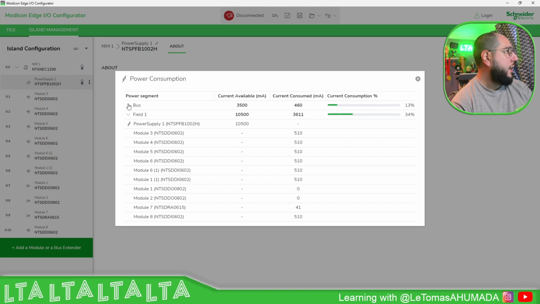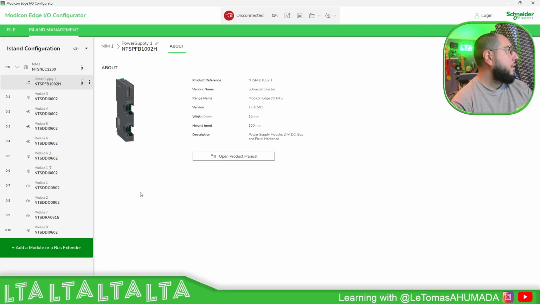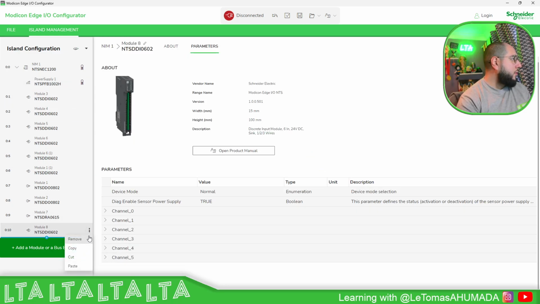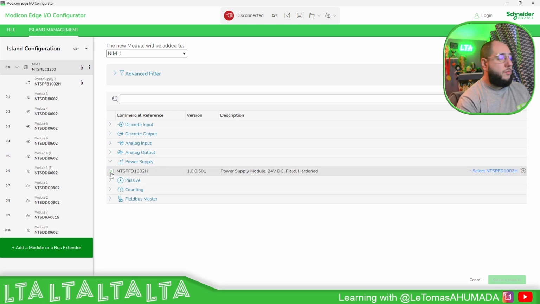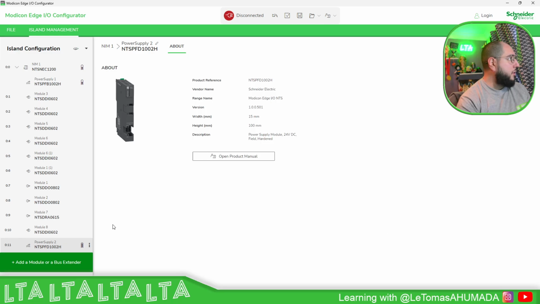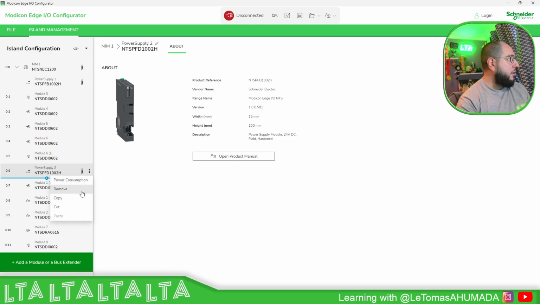You can see how much I have less. So in case we need more, what we need to do is to add model. And here you have this power supply. We just need to add the power supply in order to increase that part. We can put it on here. You can see here that I have